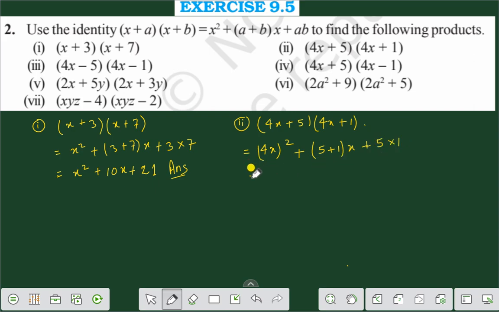Therefore, we are getting 16, since 4 fours are 16, x into x is x², plus 5 plus 1 is 6, x plus 5 into 1. This is the answer of question number 2. The answer is 16x² plus